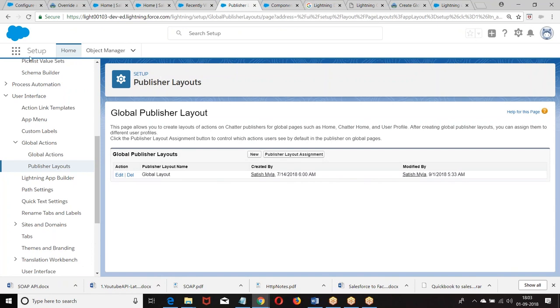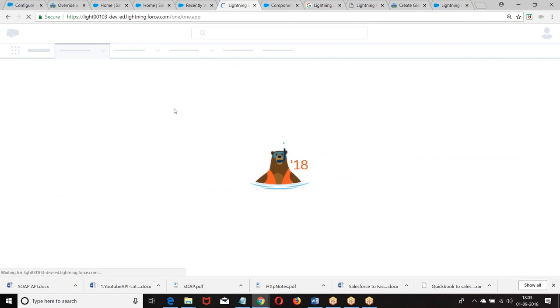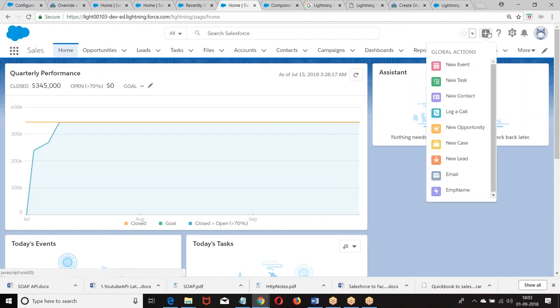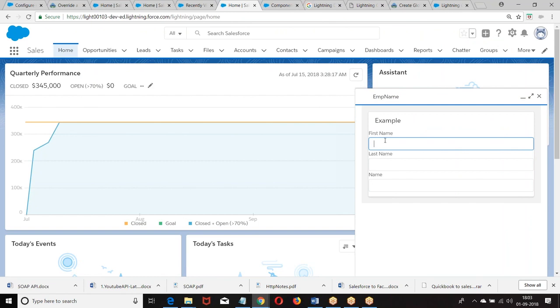Right. So go back to this. We have EMP name. We click on the EMP name. This is how we got last name, first name. So this is a quick action. Now it is up to your choice. When you click on it, you can create buttons there. When you click on that, you can go to the controller, get the records, insert the record, whatever you want to do is the same operation.